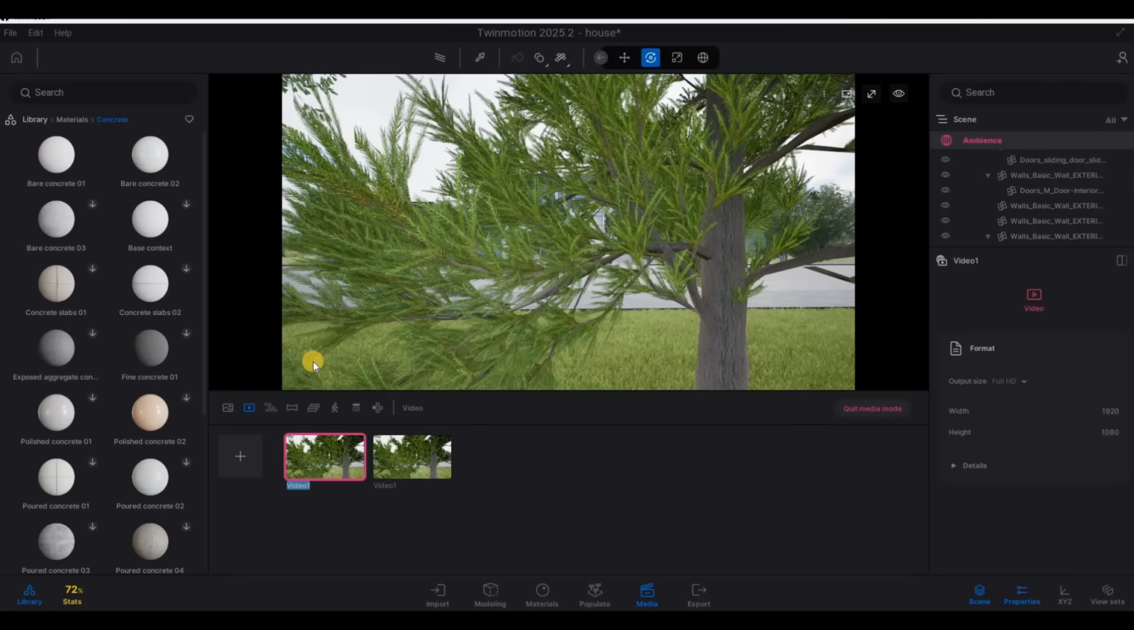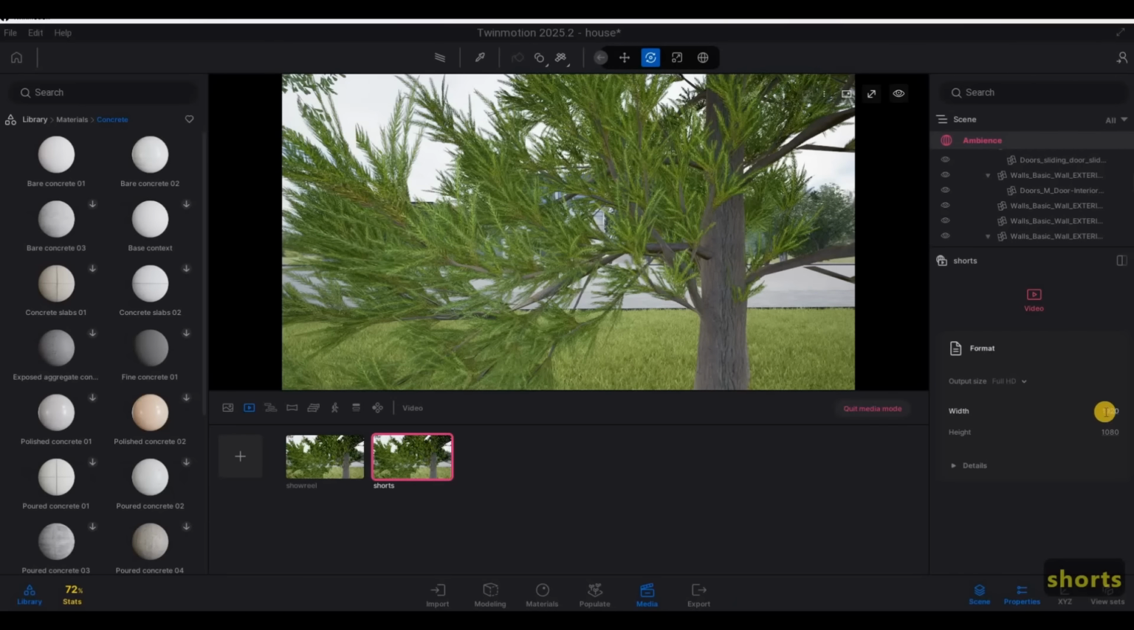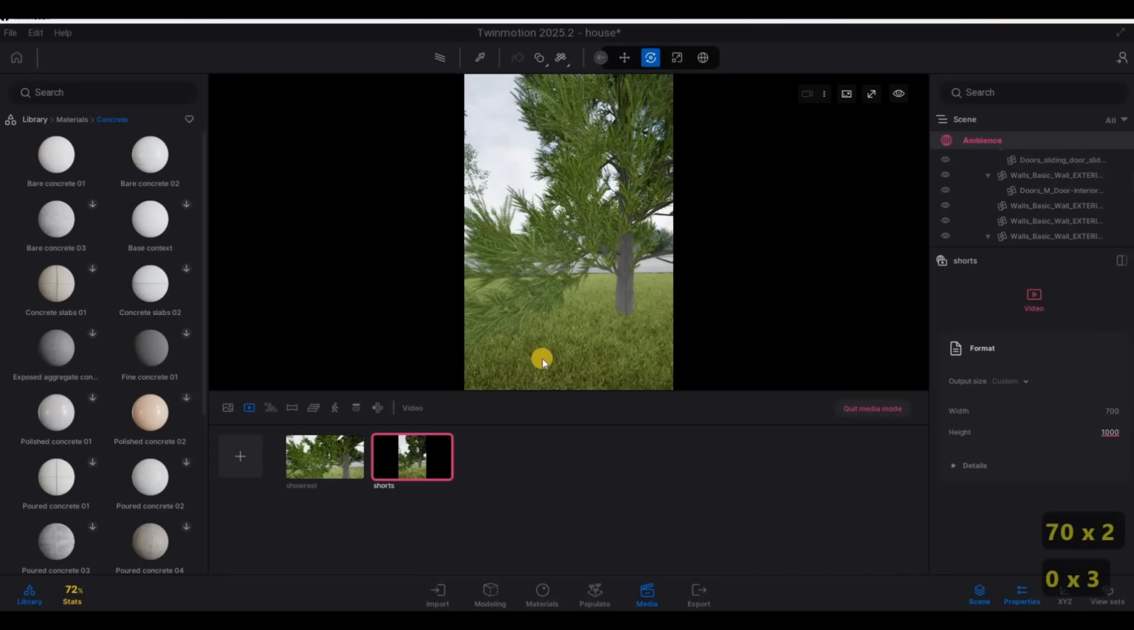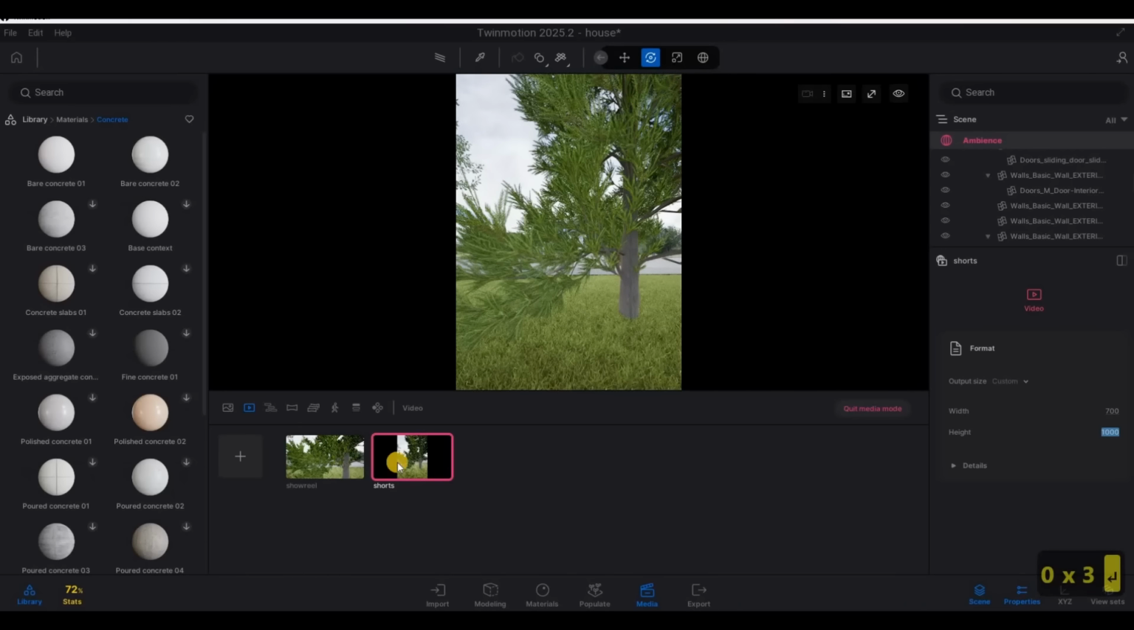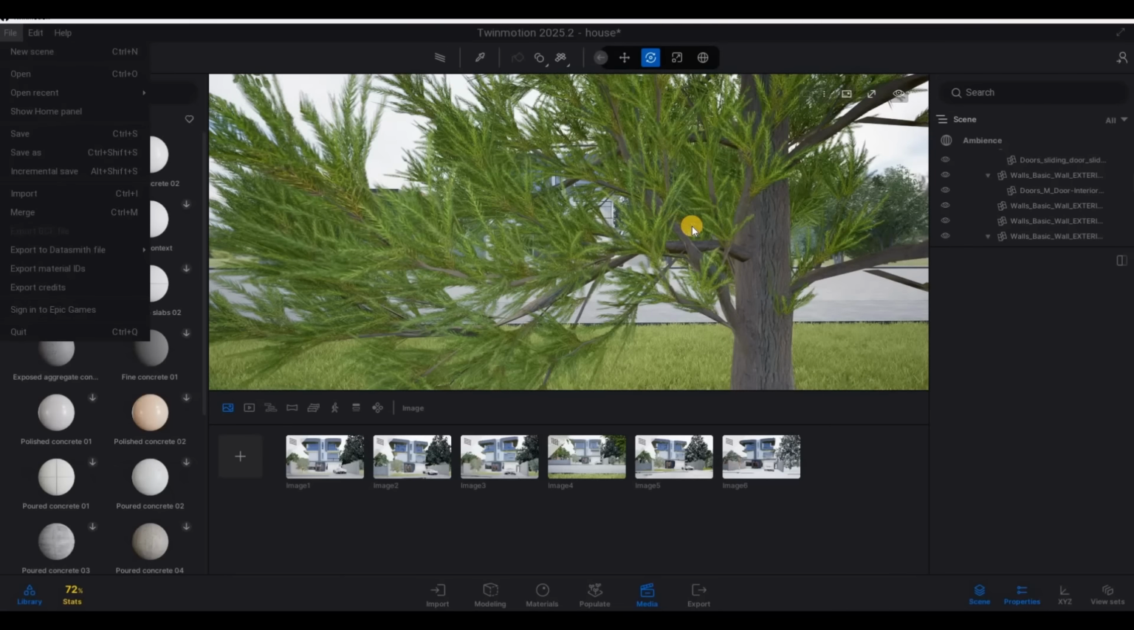Rename one of them to show reel, and then the other one, rename it to shorts. And then here we need to change it to 700, and then here to 1000. And then once we're done, let's save this one,